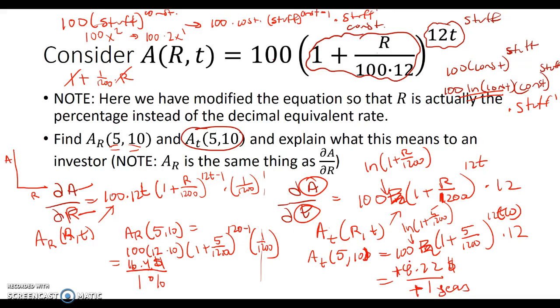So in this case, it makes a bigger difference, actually twice the difference, if I were to be able to find an investment that offers 1% more. Then, well, one, I wouldn't have to invest quite as long, and I'd make double the amount of money that I would if I were to invest 1 year beyond the 10 years. Kind of a tricky example, something to look at a few times, and my mistake over here, we did the derivative correctly, we wrote it symbolically, but then I transcribed it incorrectly, so that was my mistake. So we do have a significant difference here, and we do have a fairly complicated problem. So this is just a way we could use derivatives to try to understand and make sense of some compound